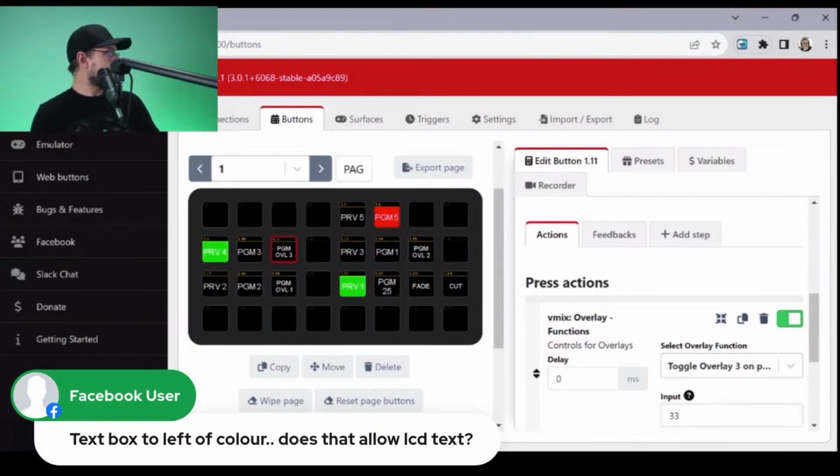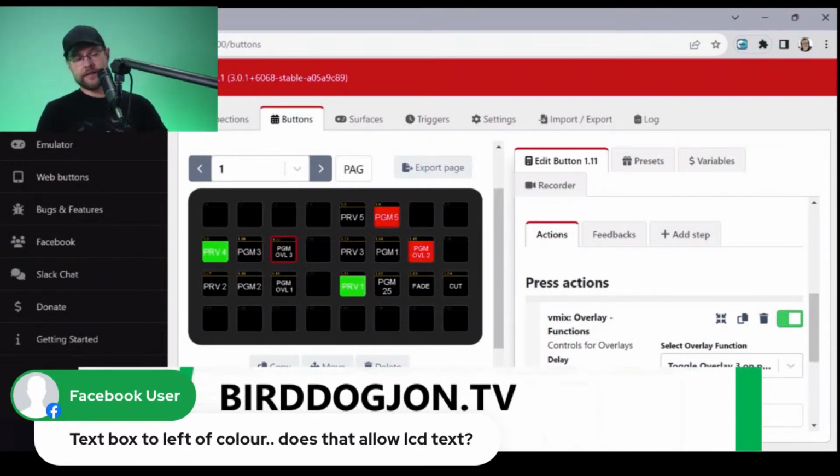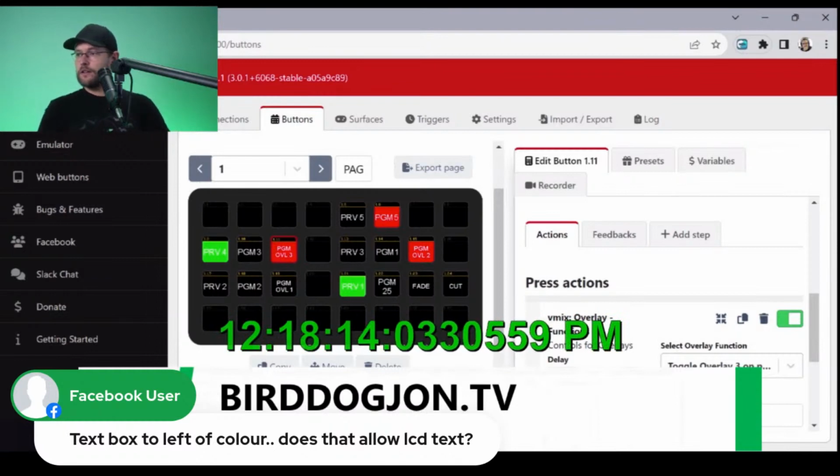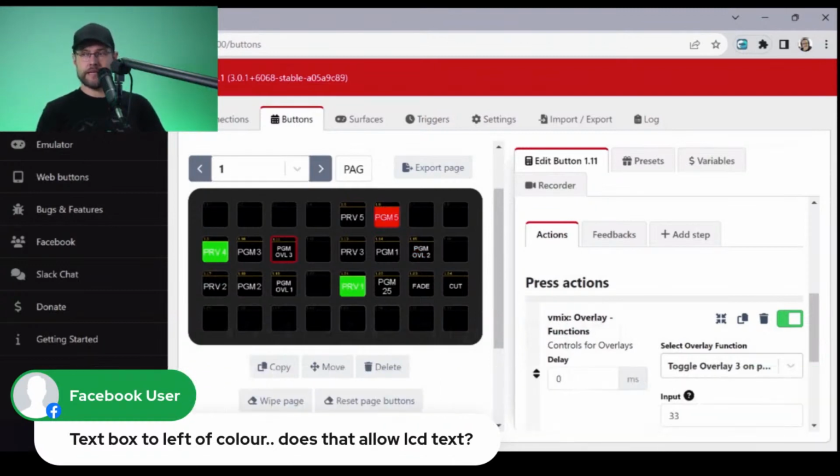All right, so now when I hit overlay 2, boom. And if I hit overlay 3, the timer comes up. Now, overlay 2 is on a timer of 15 seconds. Overlay 3 is not on a timer, so I have to hit that myself to turn it off. But overlay 2 should go away all on its own, and the tally light turns off. Stinking awesome.